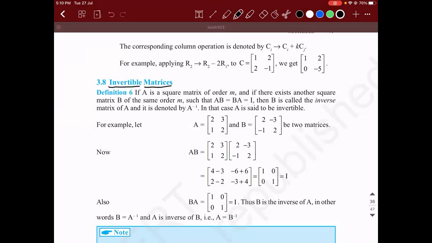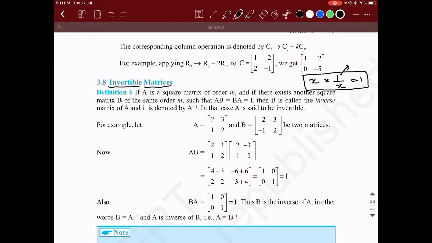The inverse of the matrix is defined when you have the same order of matrix. It's like a multiplicative inverse. Yes, Nicholas, that's right. When you have a real number, let's say x, which is non-zero, what is the multiplicative inverse of it? If you multiply it with such a number that you get the output as 1, then that is called a multiplicative inverse with respect to real numbers.